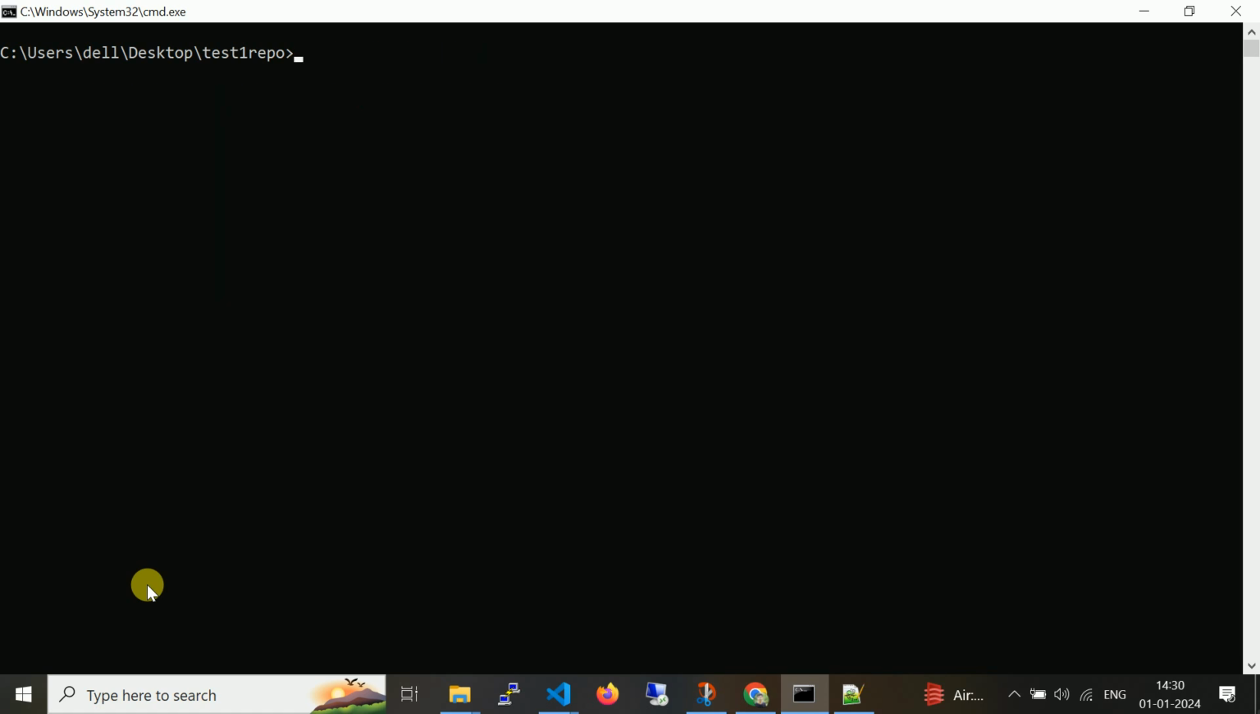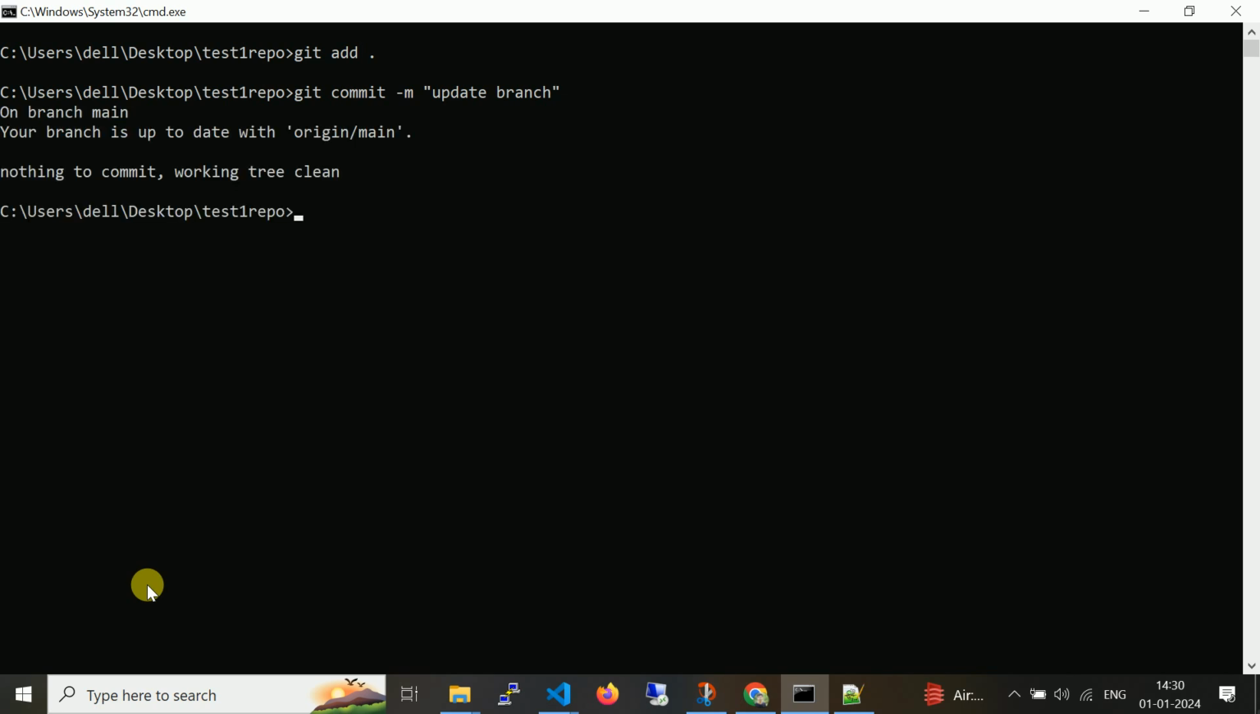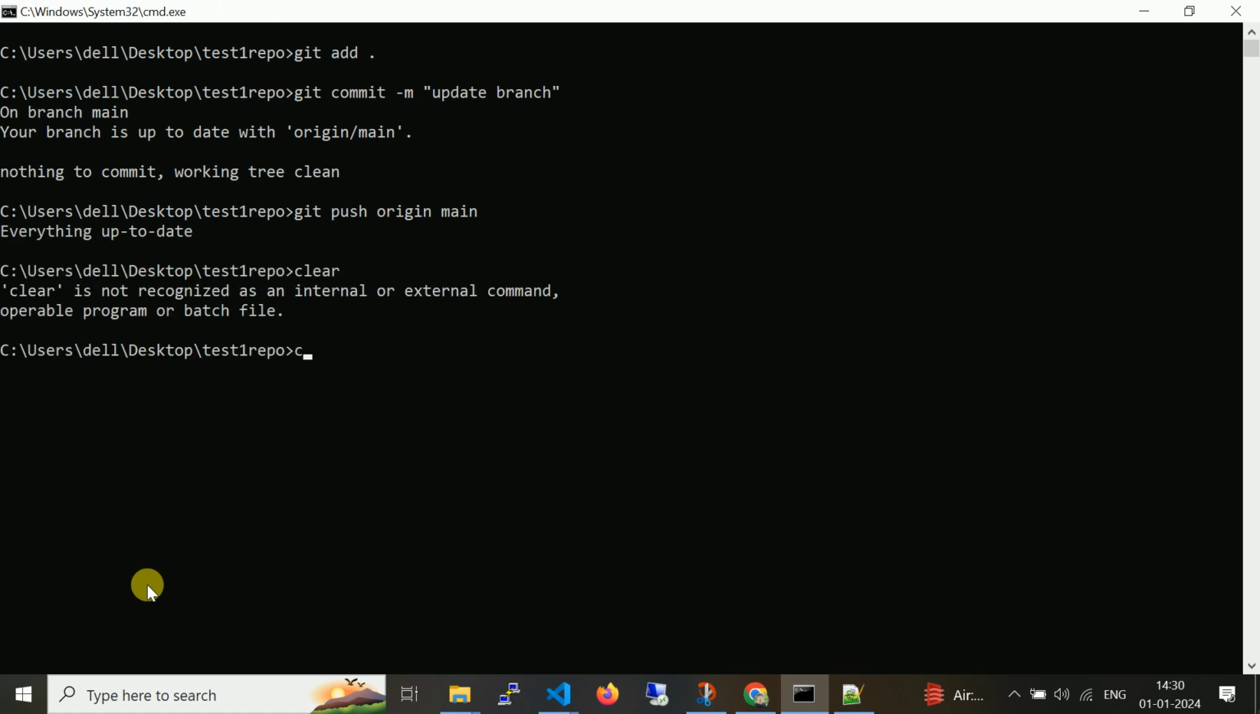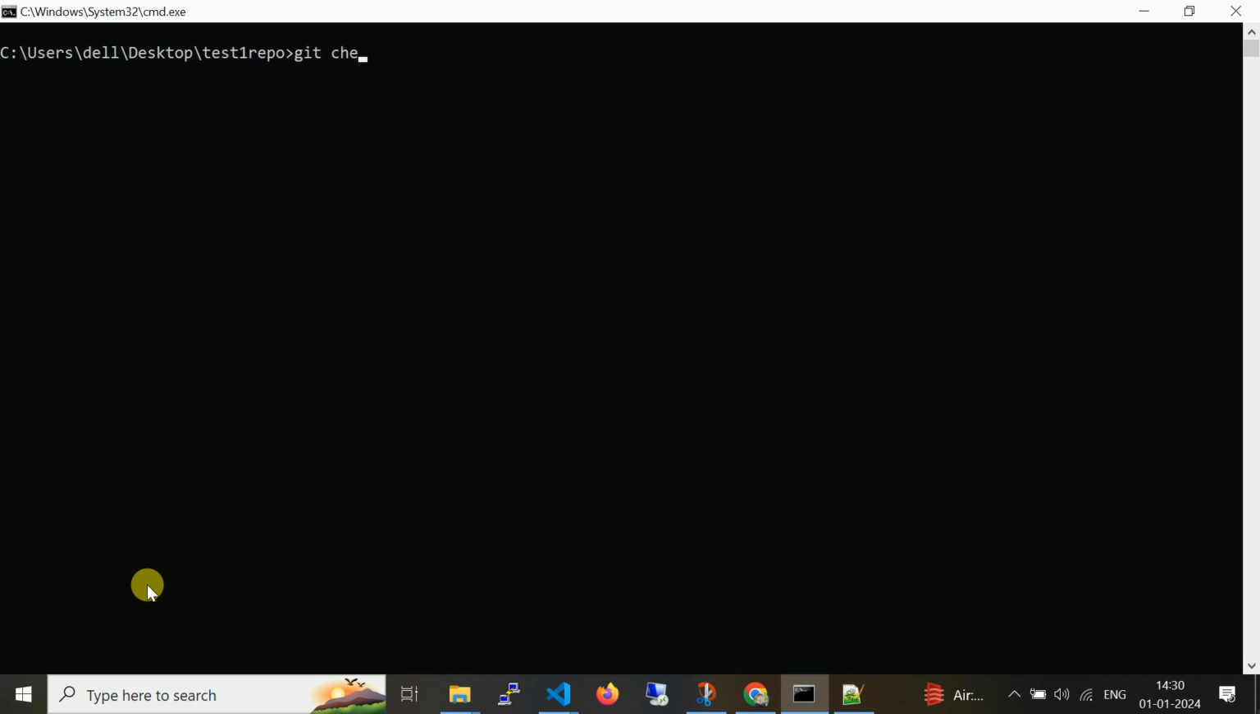Now git add dot, git commit -m "update branches", git push origin. Now git checkout